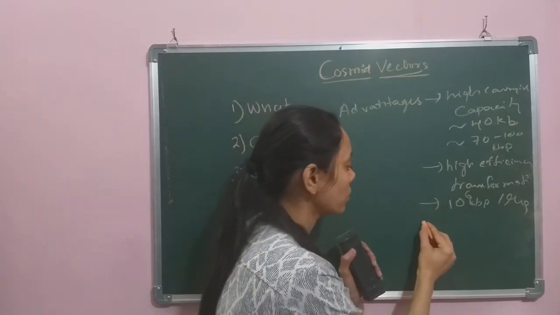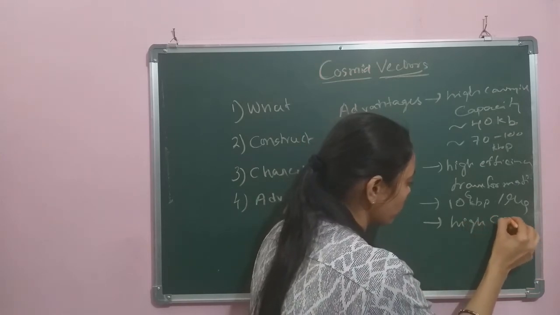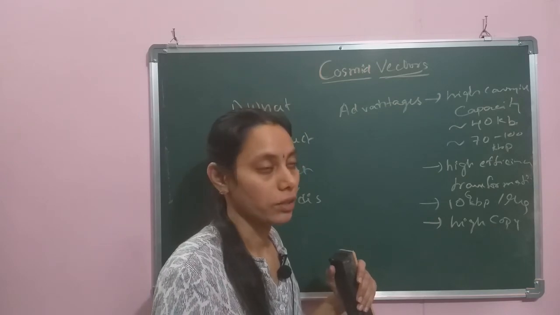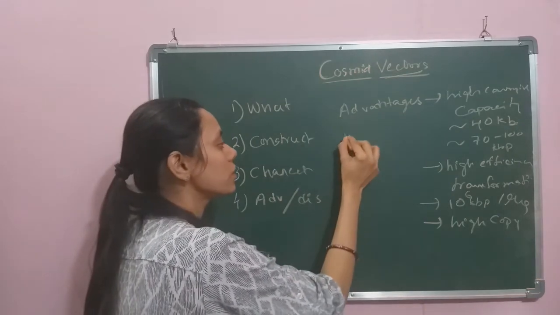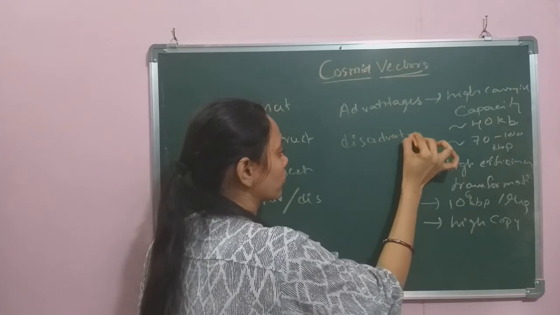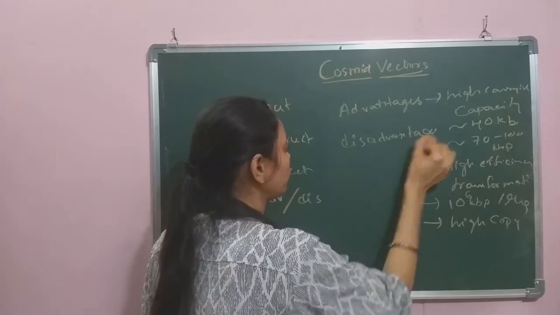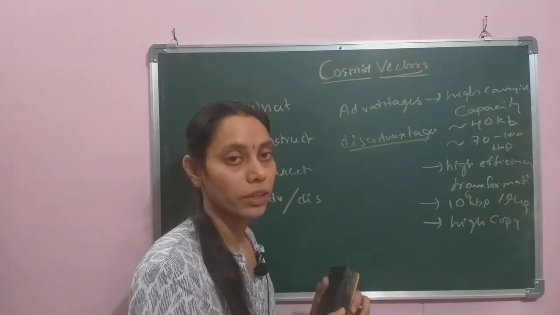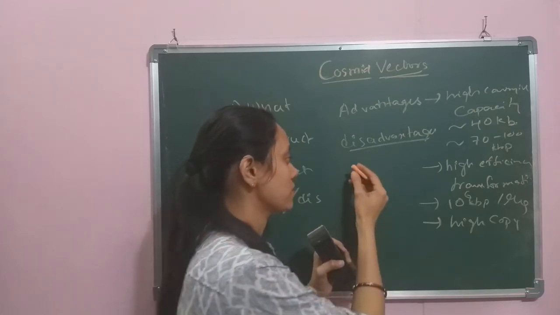So coming to the other advantage, these have a high copy number. That means the number of plasmids will be higher than with other kinds of vectors. Coming to the disadvantages, the basic disadvantage with the use of this vector is that it is unstable